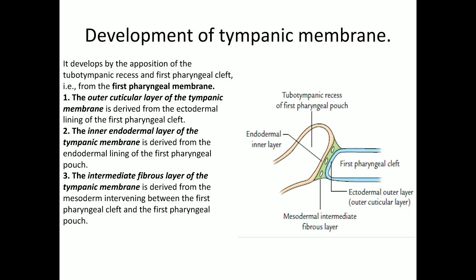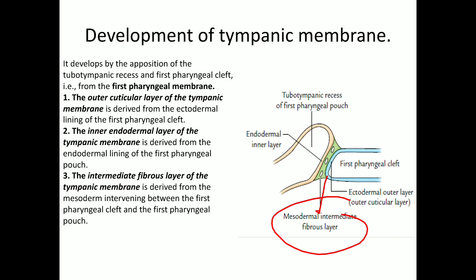Now we come to the development of the tympanic membrane. The tympanic membrane separates the external ear from the middle ear, and it is made up of three layers. The outer cuticular layer is ectodermal, and it is formed by the lining of the first pharyngeal cleft, so it is ectodermal. The middle layer of the tympanic membrane is fibrous,